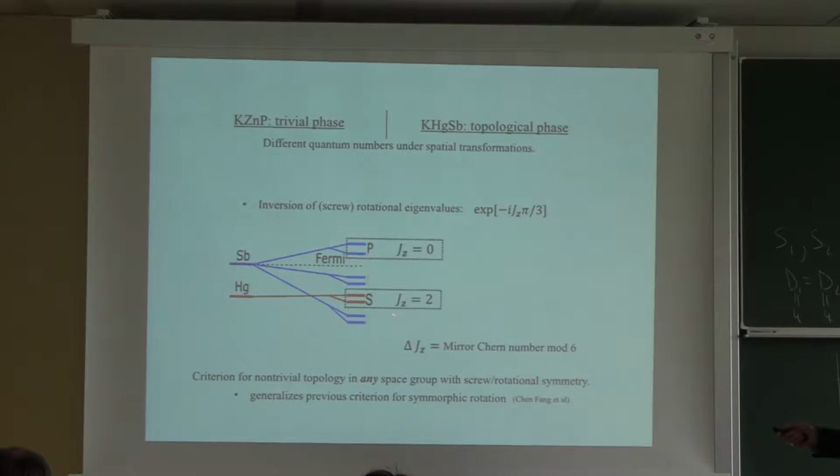And if you compute another inversion quantum number, not an inversion symmetry quantum number but one of some screw rotational eigenvalues, this material has a screw axis where you rotate by 60 degrees and translate by half a unit cell. By 30 degrees and translate by half a unit cell. You can compute those rotational eigenvalues and do the same thing as you did in graphene, take their product, and you find out that it's inverted. That tells you that this material will do something non-trivial once you add spin orbit coupling. Now, it doesn't tell you the full story, but it tells you that there's something non-trivial.